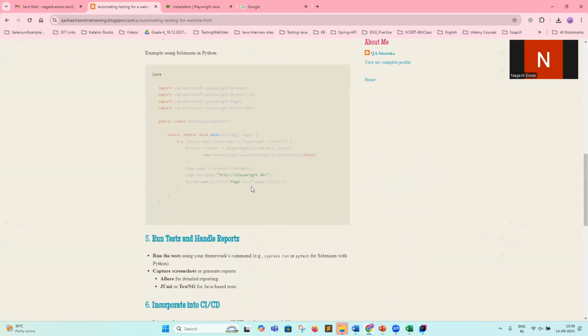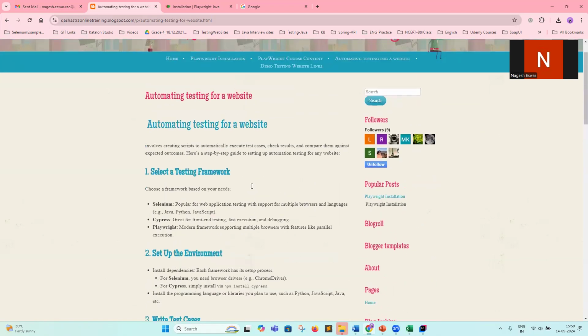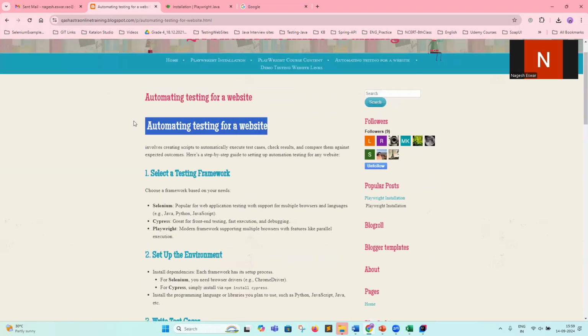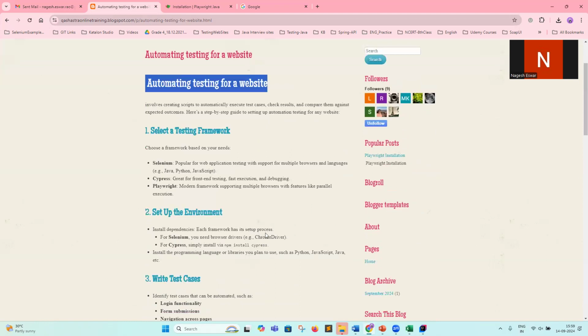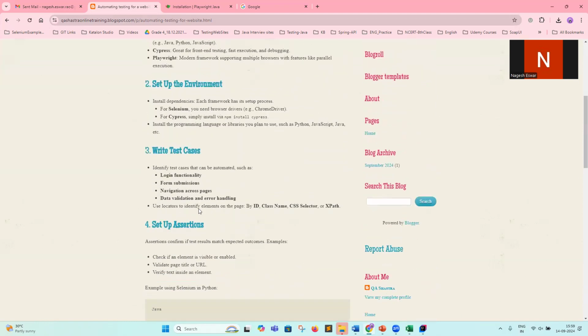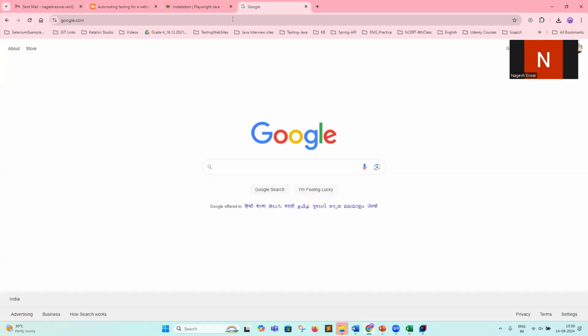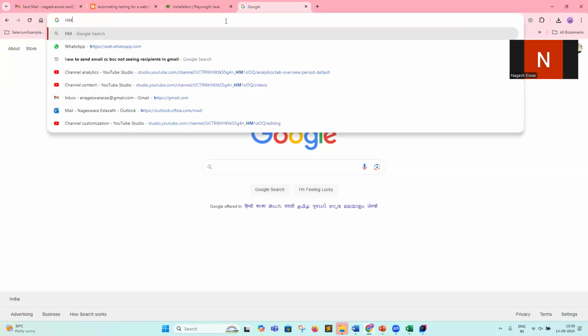So this is what you need to take care of when learning a tool and automating your website. Let's come back to the most important topic, locators. If you want to familiarize yourself with locators, the best thing is to refer to this page,